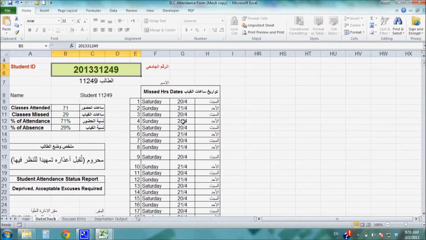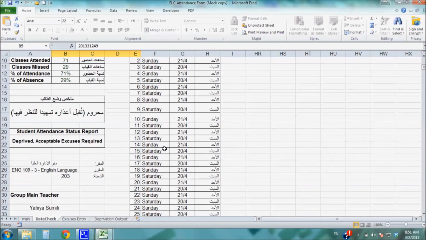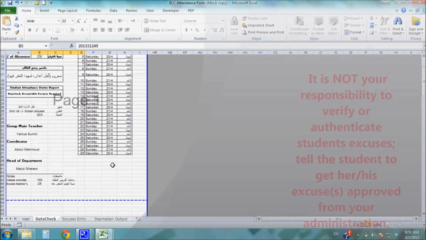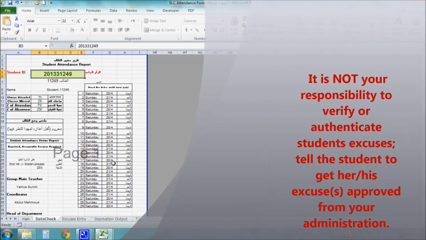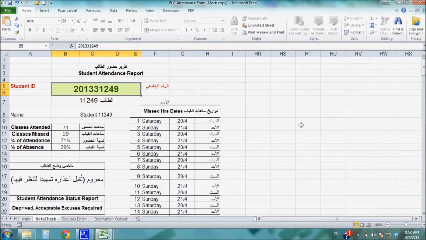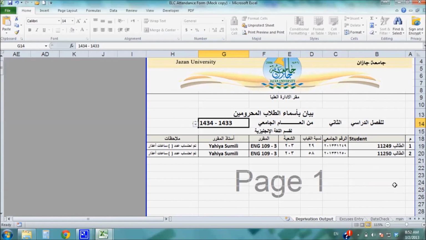Okay, and here, this is my favorite part, it gives you the dates on which the student was absent, so you can just print out this file and give it to the student so he can go and take care of his business, if he can come up with excuses for the missed classes. Now, let's look at the last sheet before we go to the next sheet. If you look at the last sheet, you will notice that it has already calculated that 2 students are going